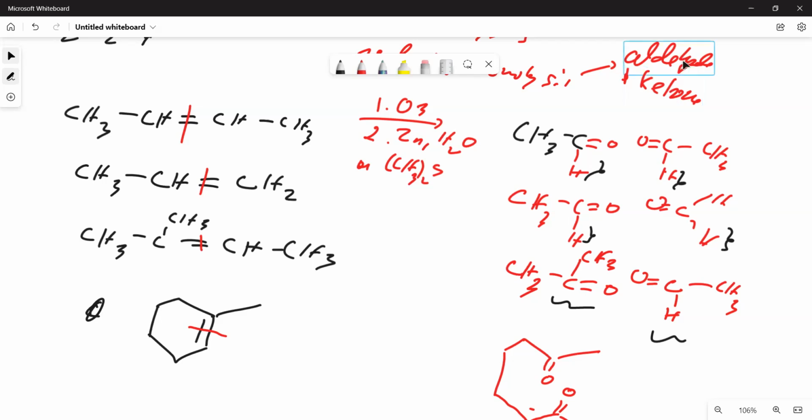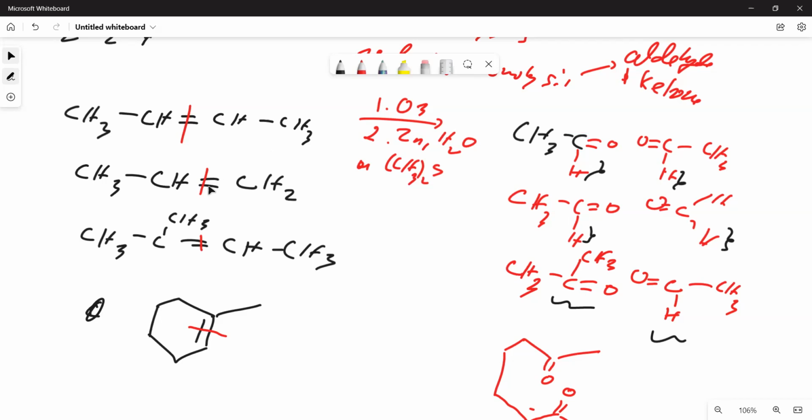Remember, aldehydes and ketone products only. Okay, so to predict those products, all you have to do is cut the double bond and insert the oxygen left and right as illustrated here. You see? So you will end up with that product. And you notice they are the same. So your main product is only ethanol.